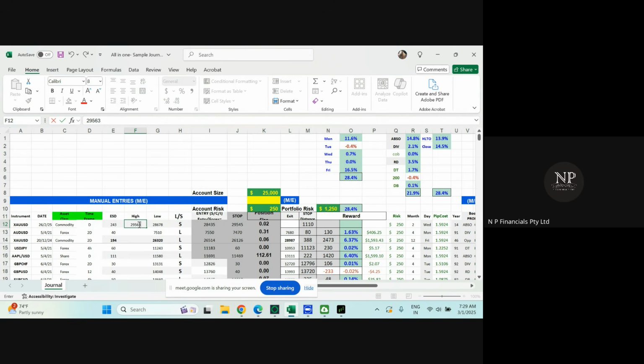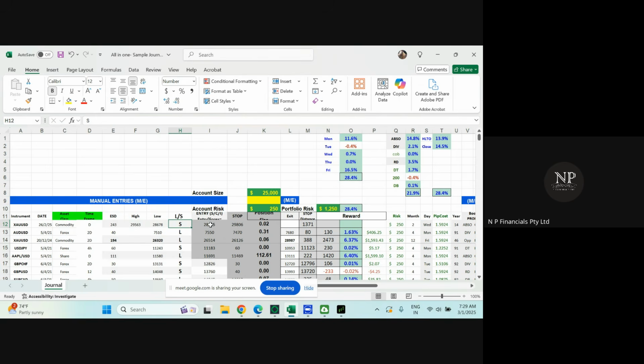So do you understand why we are doing this? Because we are shorting it. But if it is for a long, will the formula calculate automatically? Yes, it will calculate automatically provided you go to the previous high and low. We'll do a long also, okay? So here the formula is calculated as 28435